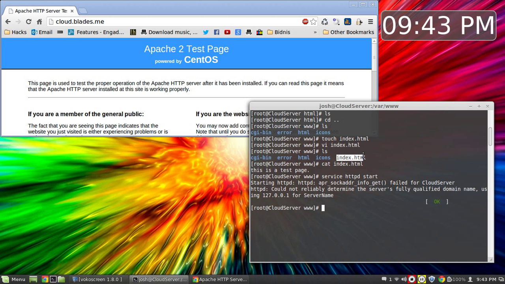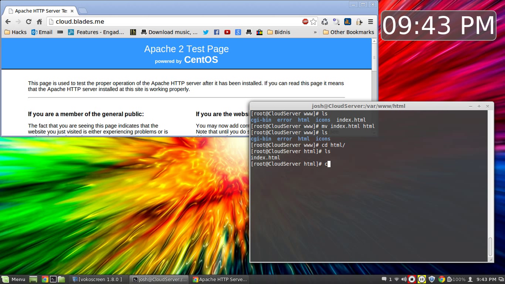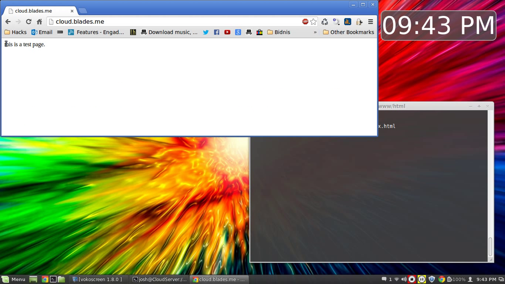Now that's pretty cool, but we want to be able to see our index file, and like I said, we can't see that because we haven't put this index file in our html folder. So what we'll do is we'll use the move command and move index into html. ls, cd html. I'll clear that out and list that. You see we now have our index.html file, and once we refresh the page,